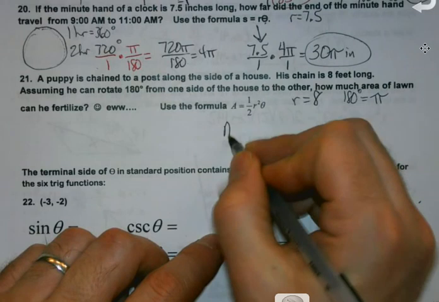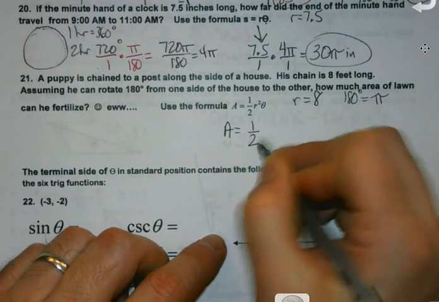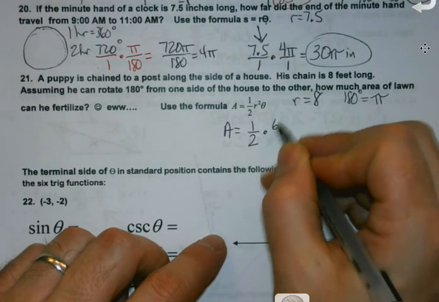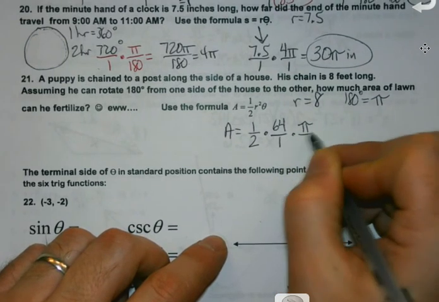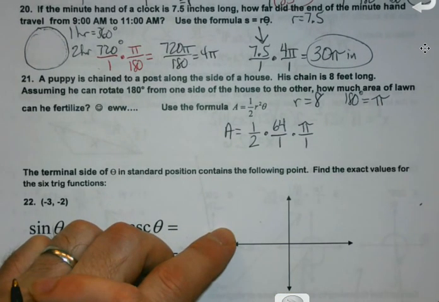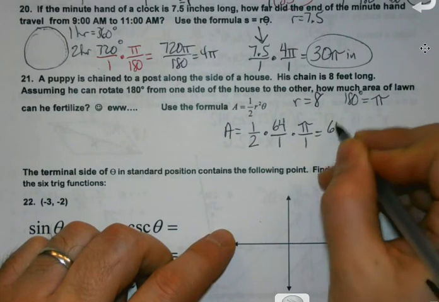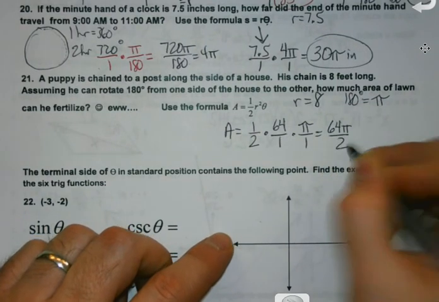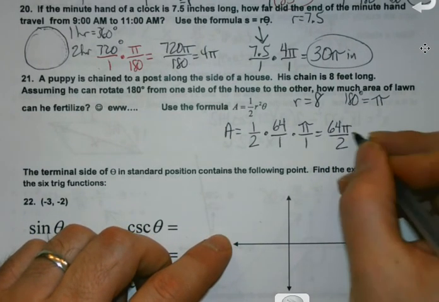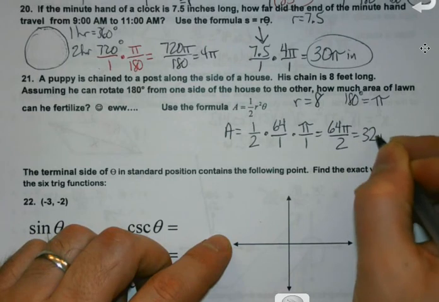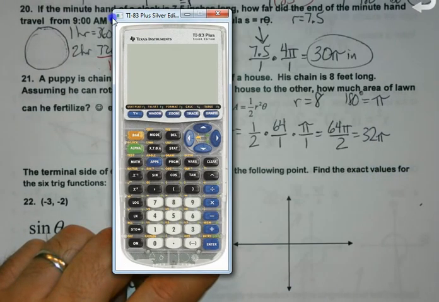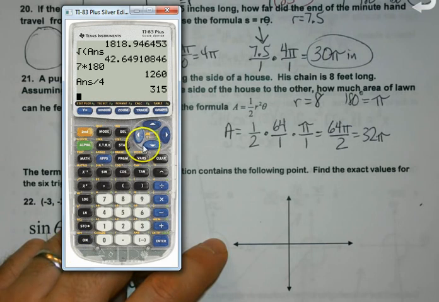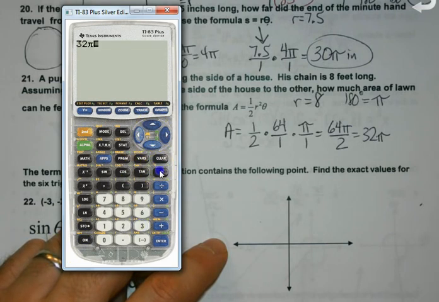So my area is 1/2 my radius squared times pi. 64 pi over 2 if I multiply across, which is 32 pi, or if I feel like actually knowing this, because I find this kind of interesting now that I have a dog, 32 pi,